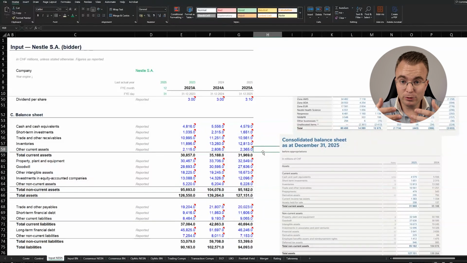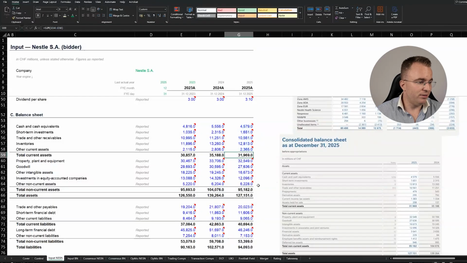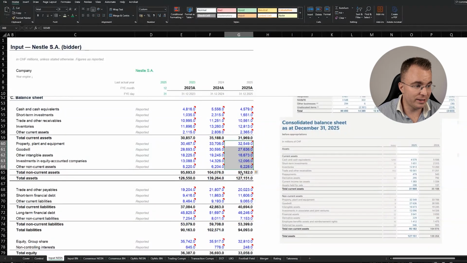Again, that's to be able to ultimately combine the statements when we get to the merger model later, because maybe assets for sale just doesn't exist in the target company as an account. And then it gets hard to combine and super complex because you need loads of different line items, which ultimately don't move the needle. You take the sum of this, then you do the same for the non-current assets to